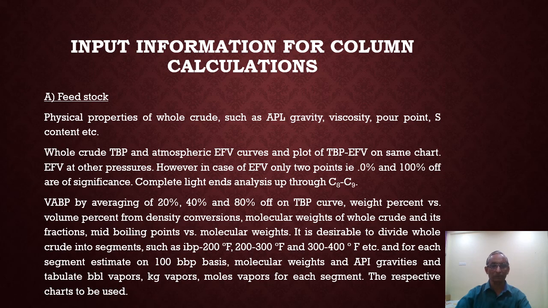In these charts, the main thing is the physical properties of the crude oil you are going to feed. We have solved one problem on these physical properties before solving the phase diagram. We referred to the Nelson book. You have to refer to chapter number 5 of Nelson to identify the physical properties. Very simple charts are available to note down all the physical properties for the respective crude oil, from the characterization factor to API gravities.